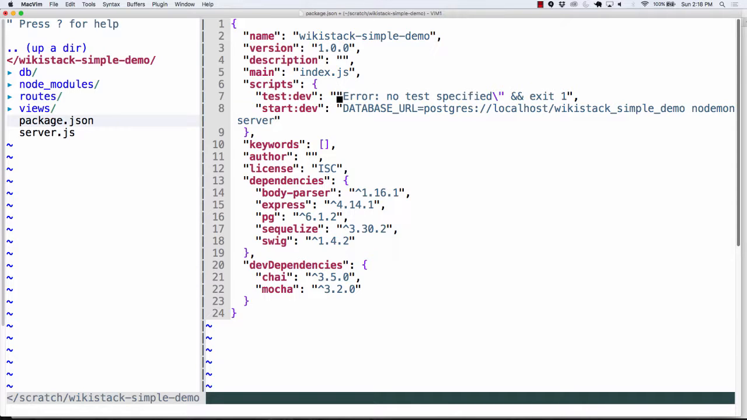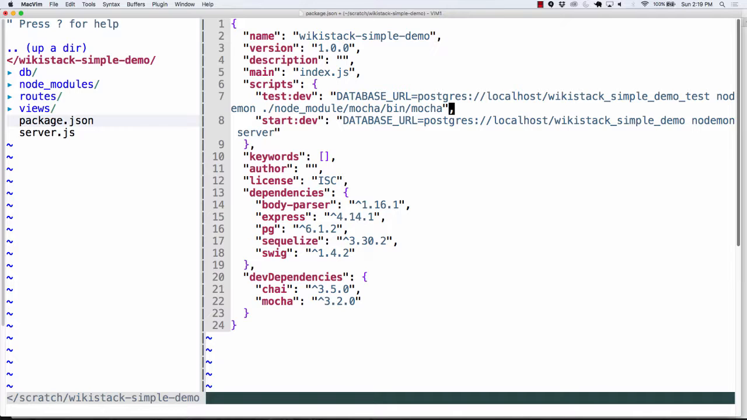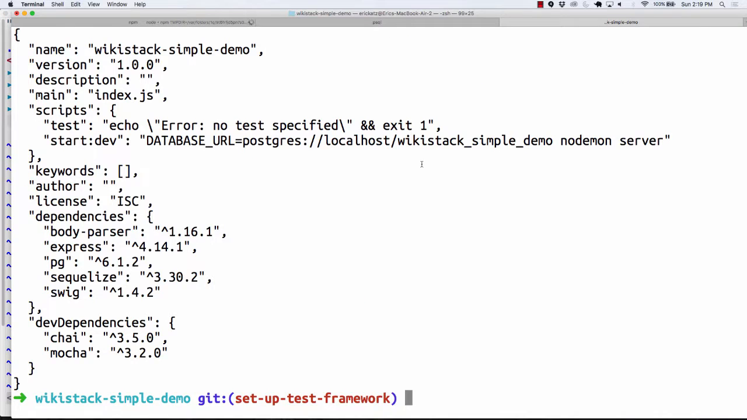So what I'm going to do here is I'm going to specify, now again, I want to use a different database for my testing. So for my testing, I'm going to go over here, and I'm going to change my database, and this is going to be test. And I'm going to specify nodemon, and here I'm going to do nodemon, but I'm going to do node_modules, Mocha, bin, Mocha. So what that's going to do when I go and run that, and again, if I go over here and I say